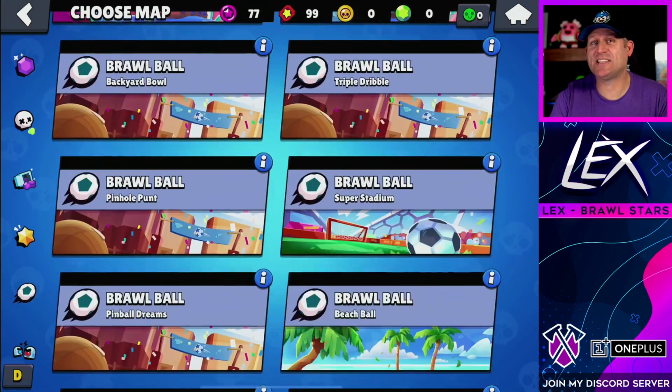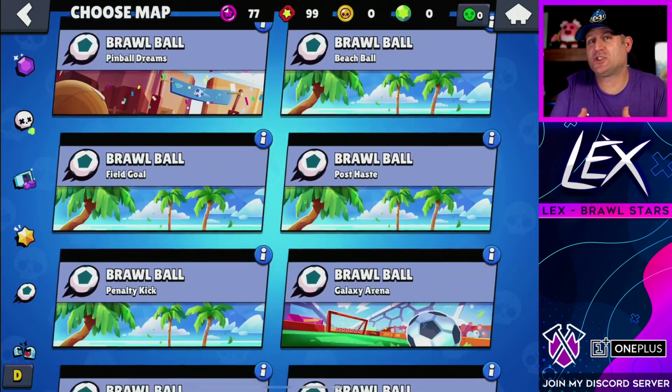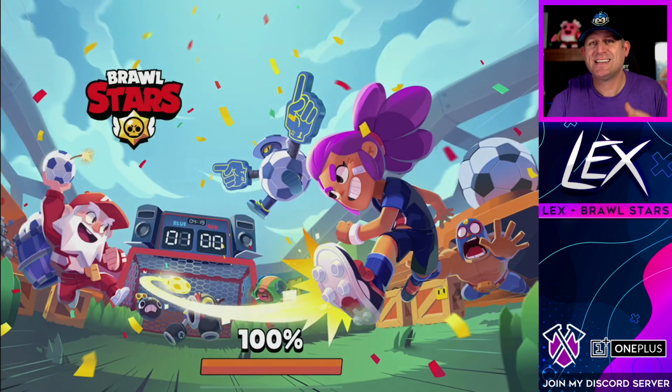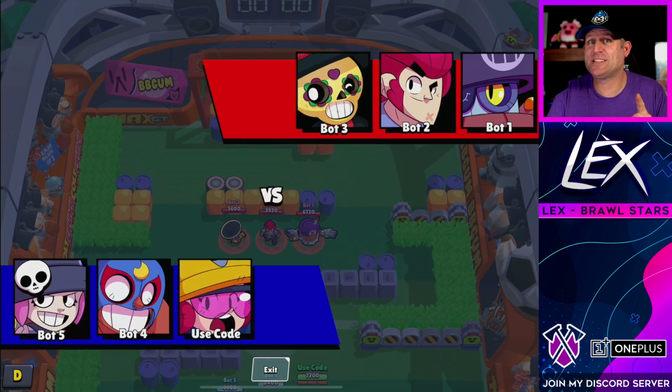Of course, Jacky is a super rare brawler, so she shouldn't be too hard to get out of a brawl box. You shouldn't need to spend too many of those hard-earned gems to get Jacky. But if you are going to be spending gems, be sure...